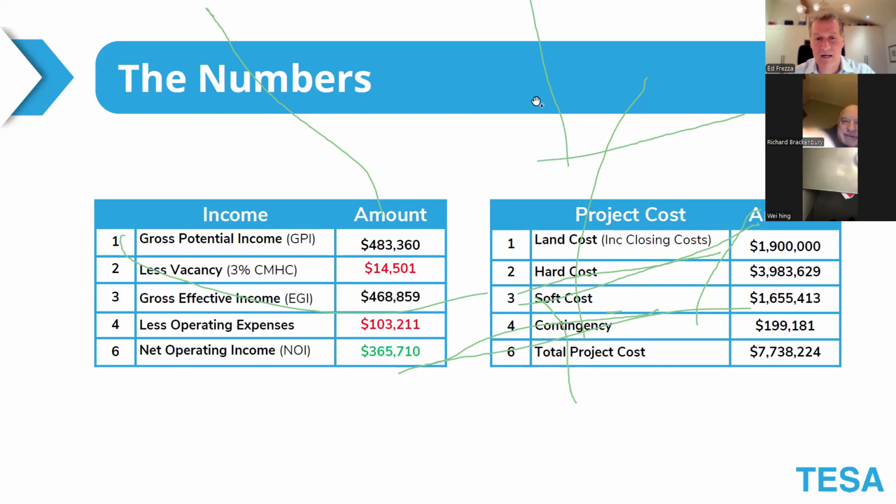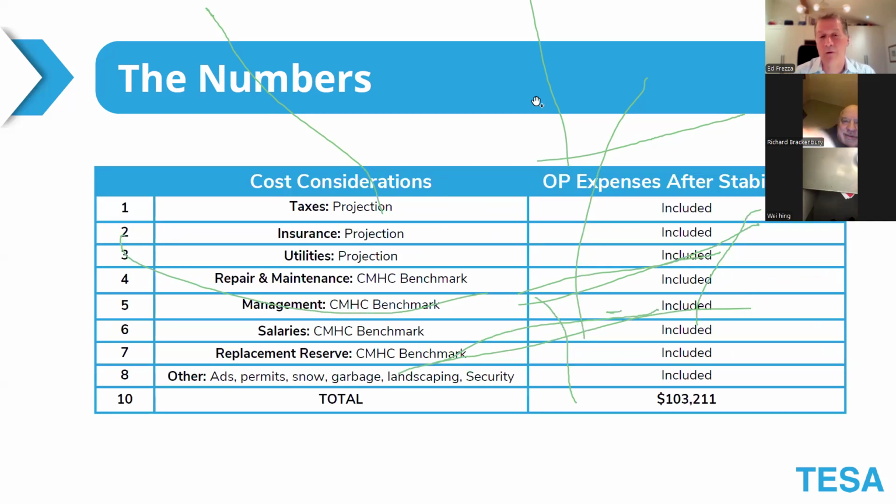So in red, there is 103,000 for the operating expenses, and here I'm showing you how that's calculated. So again, operating expenses, how do you figure the operating expenses of our building that's not even been built yet? Well, here again, CMHC steps in and gives us guidance. More than guidance, they give us direction. They tell us what we have to use. So there's taxes, insurance, utilities, repair and maintenance. Even though this is a brand new building, CMHC still says, hey, you guys have to use $830 per year per unit. So 830 times 16 is the number that you would input there.